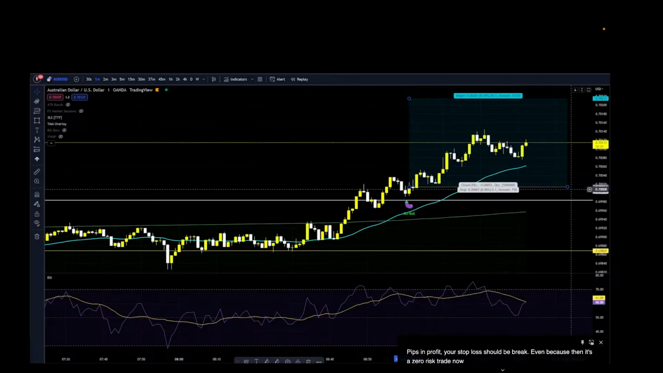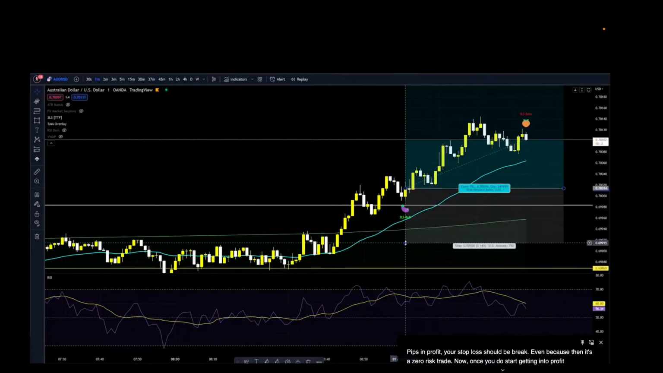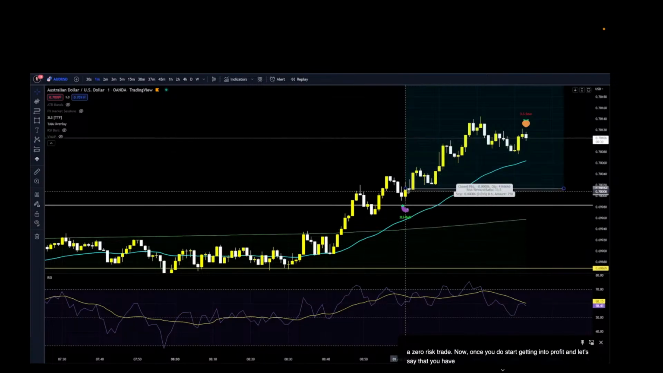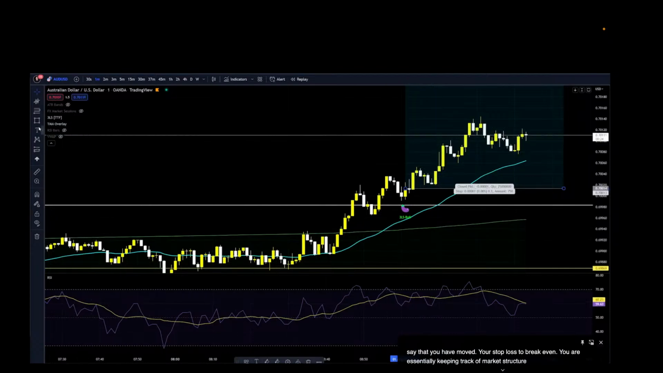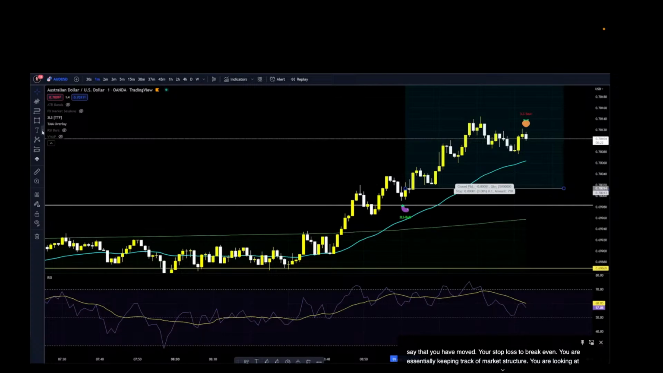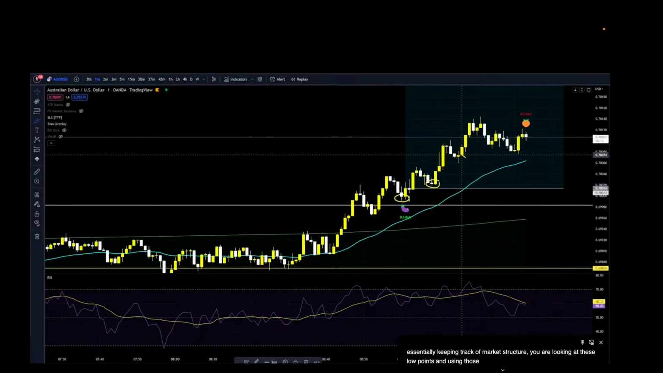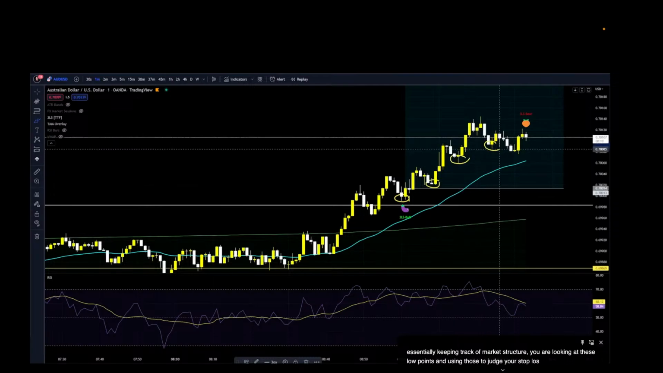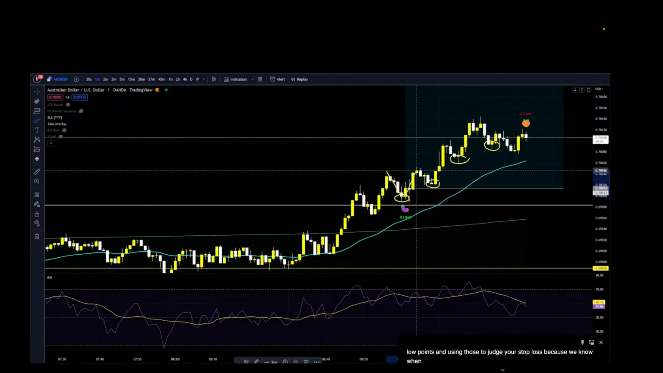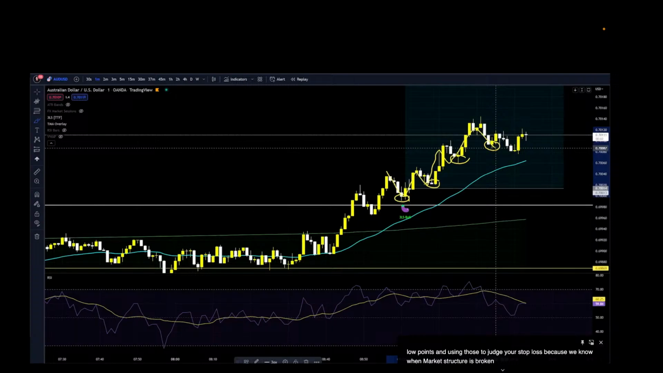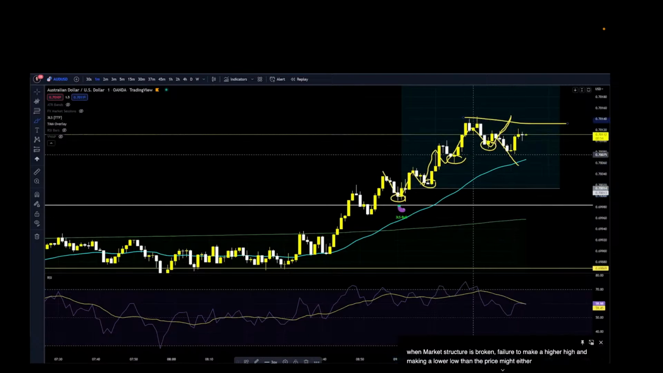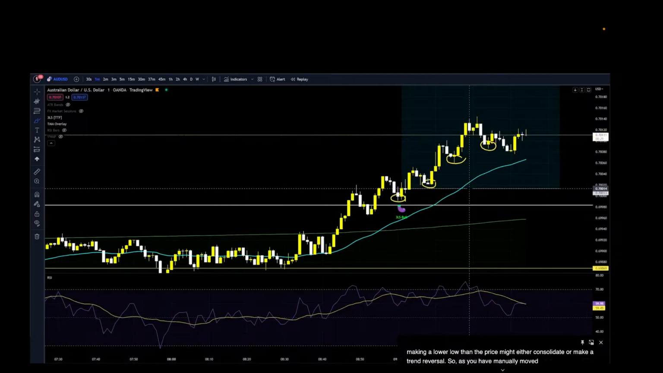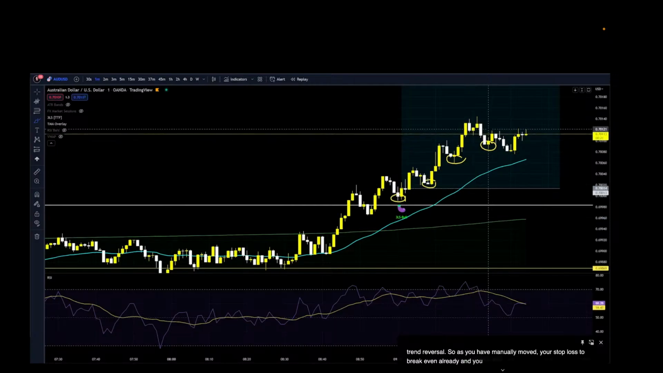because then it's a zero risk trade. Now, once you do start getting into profit, and let's say that you have moved your stop loss to break even, you are essentially keeping track of market structure. You are looking at these low points and using those to judge your stop loss. Because we know when market structure is broken, failure to make a higher high and making a lower low, then the price might either consolidate or make a trend reversal. So as you have manually moved your stop loss to break even already, and you are 10 pips in profit,